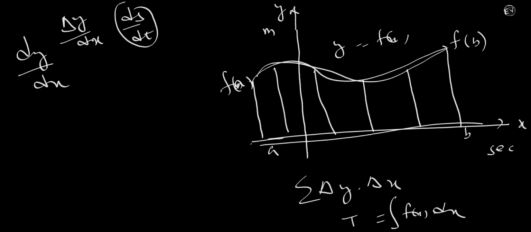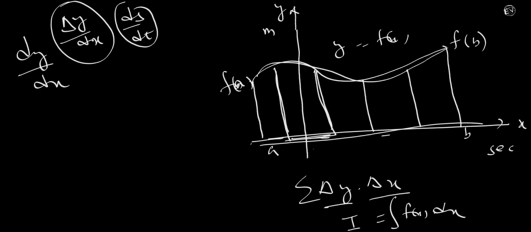Then we find integration. When we try to cut this big area into small sections, small areas, then this horizontal section will be delta x. This is the delta x, and the vertical are delta y. These are delta y. According to the area formula for a rectangle, the area is delta y into delta x. That's why we write delta y into delta x. Okay, that is the way we get area.